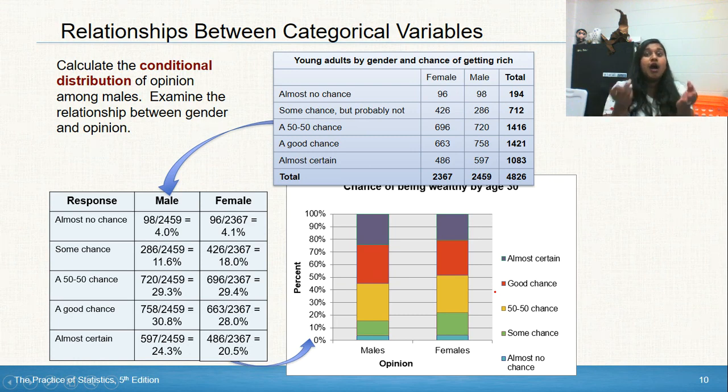So now, unlike the marginal distribution, that was just chance of being wealthy by age 30, now I can see a relationship. Do males have a higher chance? Do females have a higher chance? I can use comparison language: greater than, less than, equal to, roughly equal. I can use comparison language because you have two categories, two variables you're actually comparing. So it's my biggest difference between marginal distribution, the whole, and conditional distribution, the portion. So by variable or by row. Okay.